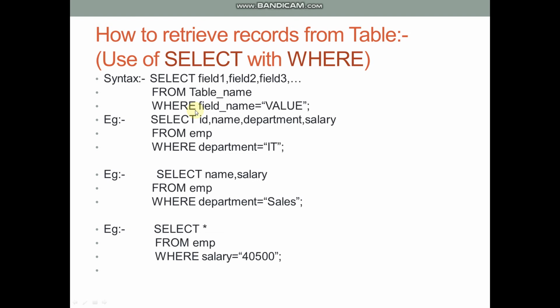How this filter works and what its use is, let's see. If we go through the syntax of select with where clause, we can see we have three different clauses in a select command. The first clause is select itself, the second clause is from, and the third clause is where. The first clause, select, specifies which fields of our existing table should be displayed in our resultant table, like field 1, field 2 and field 3.